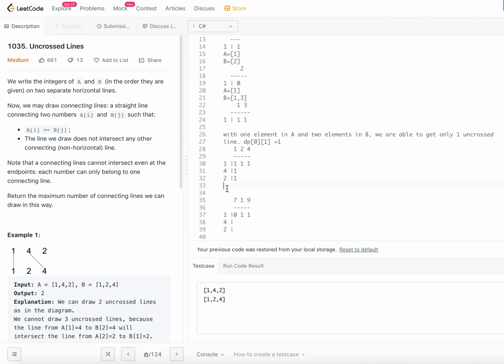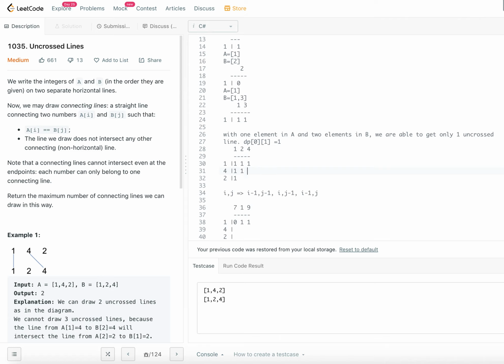In other words, when you are at i, j, what elements are you going to consider? i minus 1, j minus 1, that will be the diagonal. i, j minus 1, that means same row but the left element, and i minus 1, j. This is same column but the previous, the top element. So whichever is the maximum among these, that is what we are going to put. Here 1 is the maximum, so just put 1, that's it.